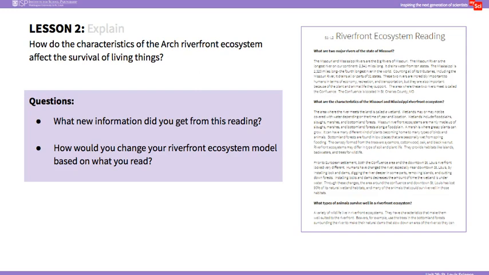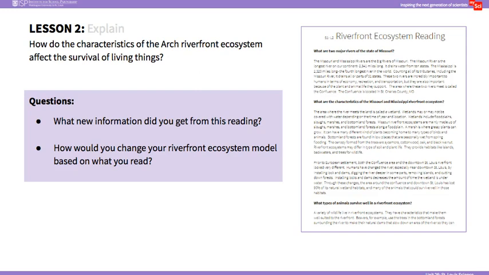In the Explained portion of this lesson, students will complete the riverfront ecosystem reading. This reading highlights both the Missouri and the Mississippi rivers, talks about the natural wetland characteristics of these rivers, and also discusses the man-made changes made to these rivers. It also goes into the characteristics that make these ecosystems such a great land for the animals previously discussed to